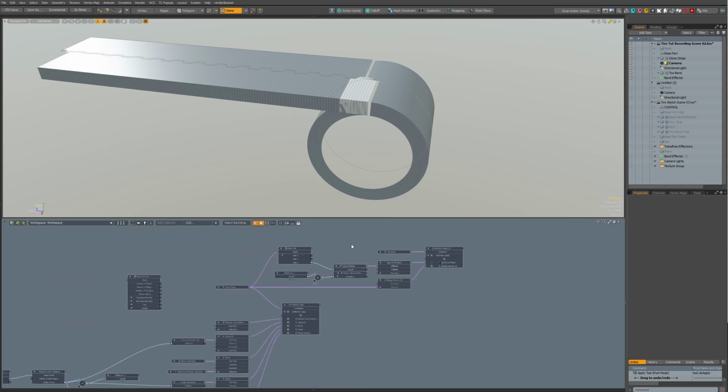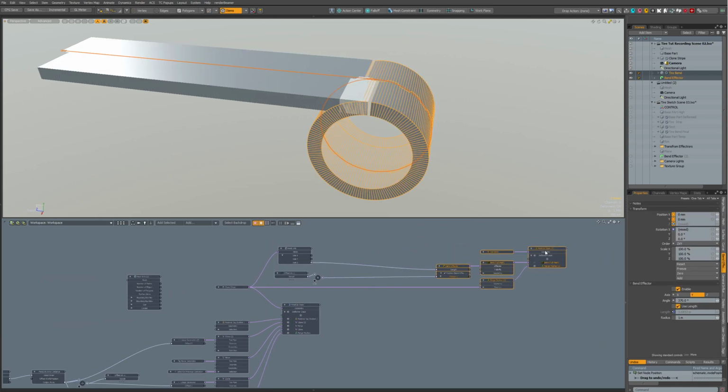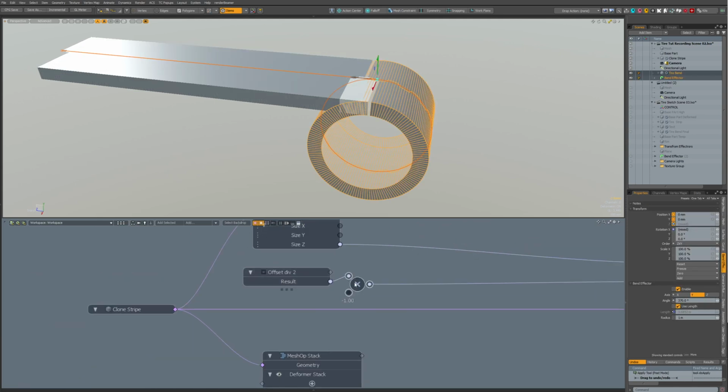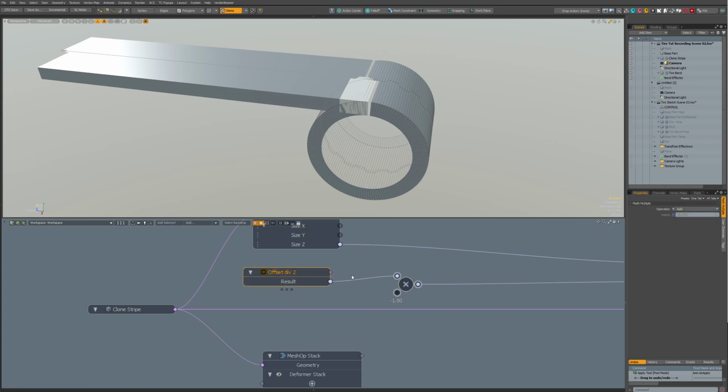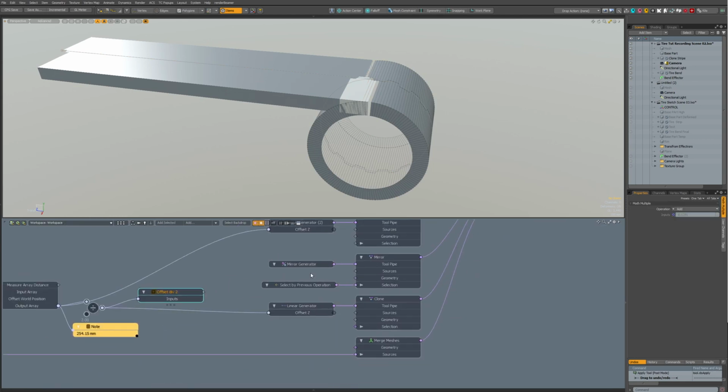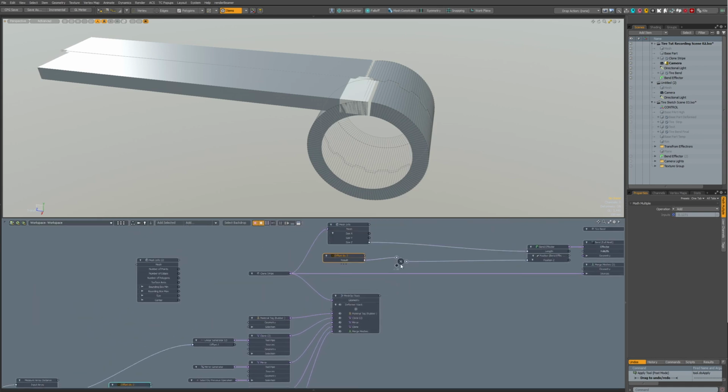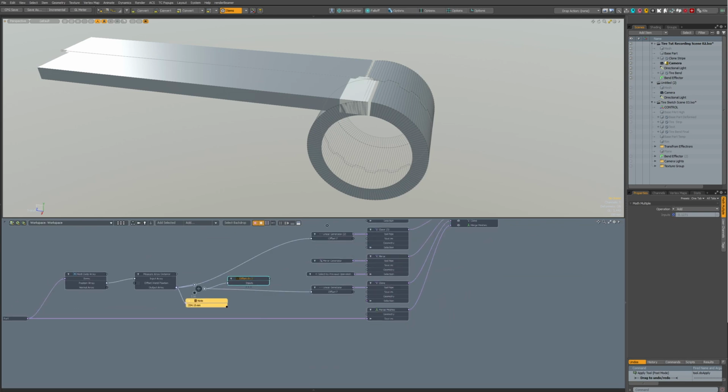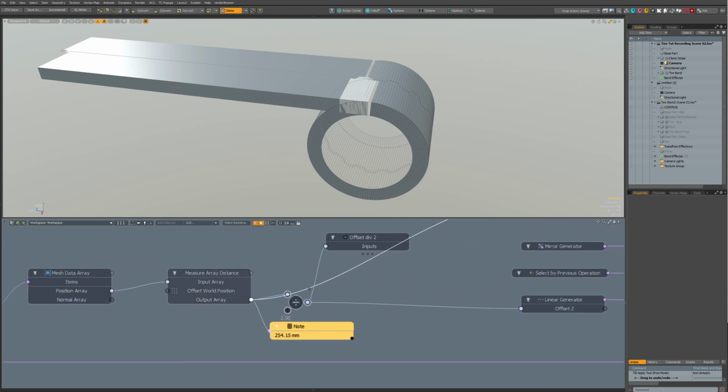So let's make some room here. First things first. I think I'll take this offset.